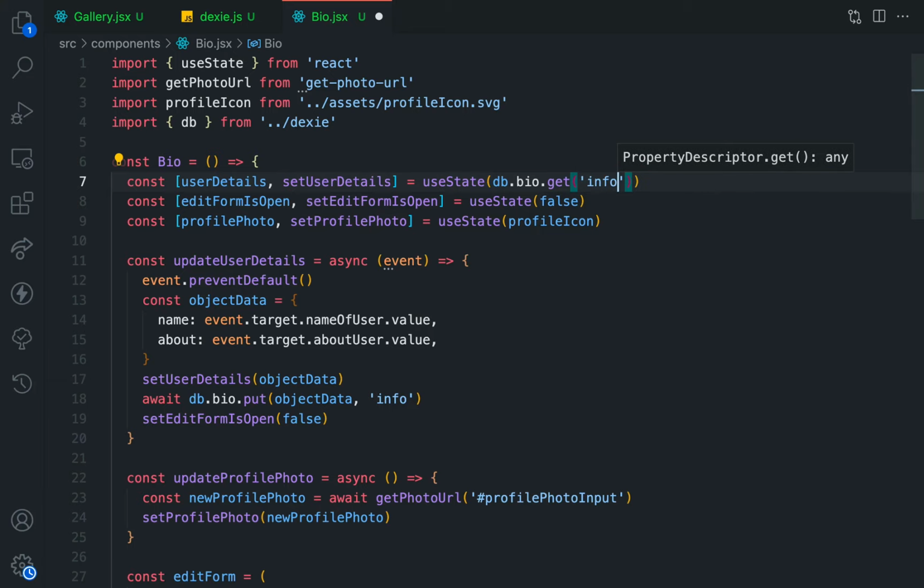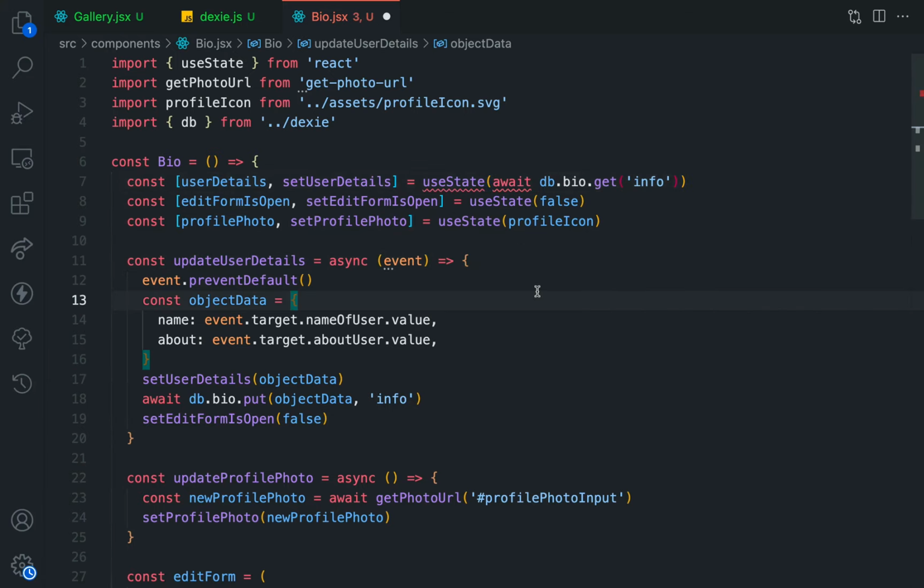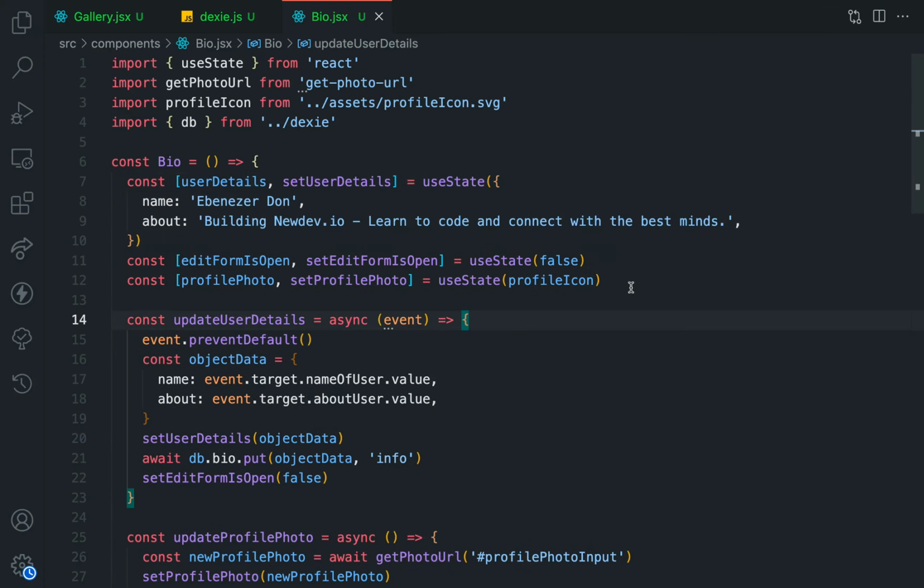Now remember that IndexedDb is asynchronous, and this has to be called using the await keyword, but we can't do that here since this is not inside of an asynchronous function, and we can't make a bio component an asynchronous function either. So a way to do asynchronous updates like this whenever we load our application is using the useEffect hook from React. Now let's use Ctrl+Z to go back to how things were, and what we want to do instead